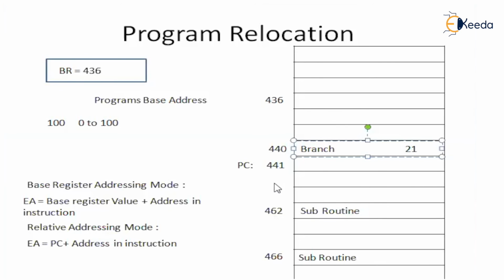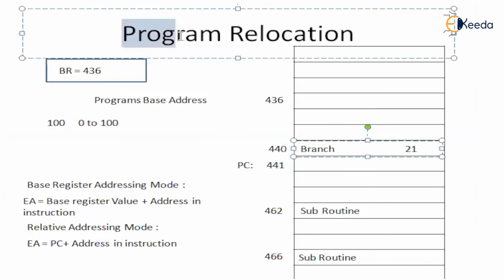In your program, this is the fifth instruction. This is the 21st instruction. 21 plus 5 is equal to 26. So in such a way, we'll be branching to those locations. Did you get it? 1, 2, 3, 4, 5. This is 6. 21 plus 6 must be equal to 27. Anyhow, we will use the program counter value plus the address field of the instruction to branch to the specific location within the program. So this is the program relocation.